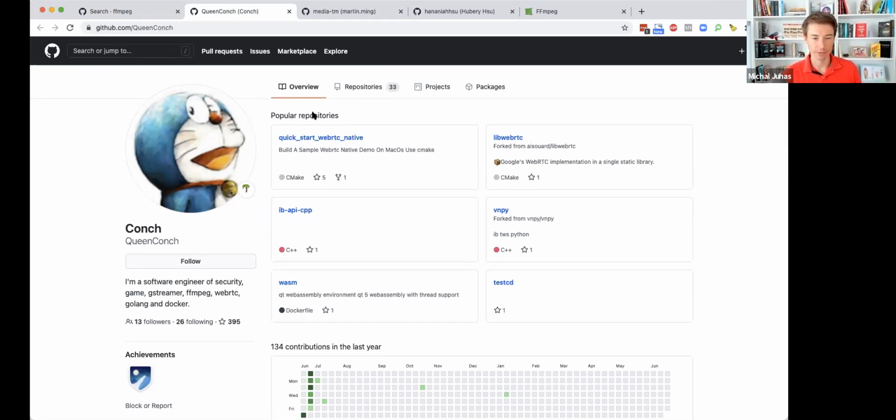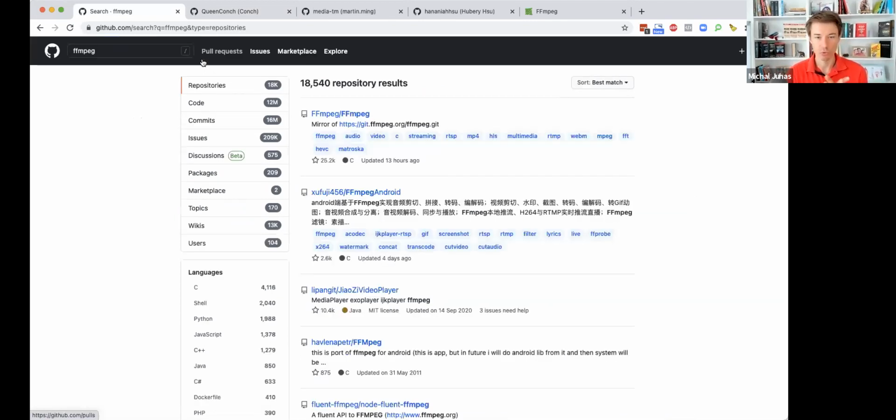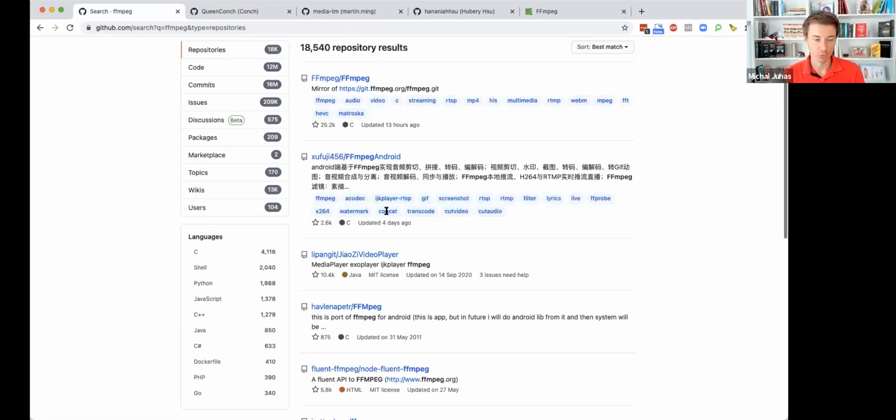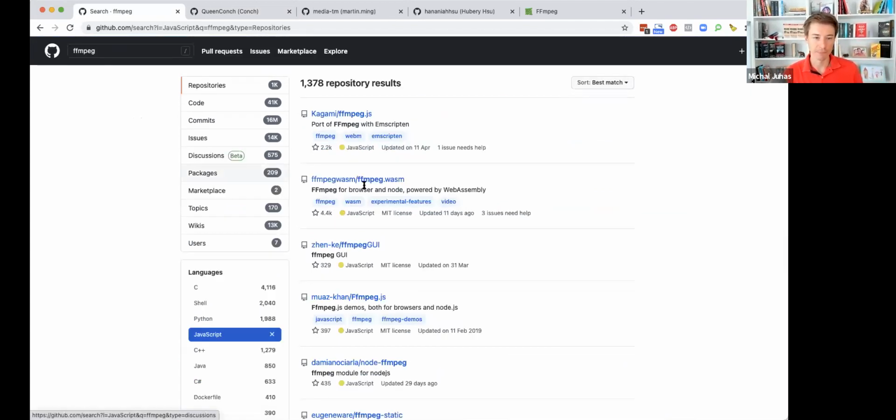And the other approach would be also to, for example, look for repositories which include FFmpeg. So those repositories where FFmpeg as the library was used, and you would then look at who contributed to those repositories, which is also another approach. Like you can look for a JavaScript code base, which is coming back to the full stack JavaScript developer. And now with this, I zoomed in to, for example, this repository,